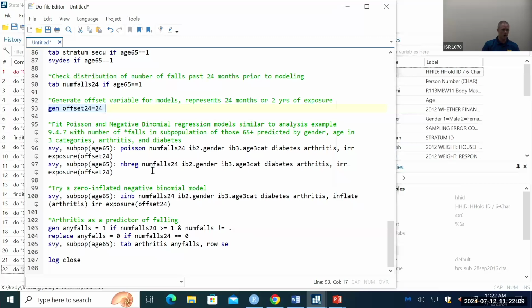These are just the raw, classic Poisson and negative binomial models. I list the count dependent variable first, then the predictors with any reference category specified. Then IRR asks for exponentiated versions of the estimated coefficients. And exposure is where I put in that offset. That says everybody has an exposure period of 24 months, so it's going to use that to compute monthly rates